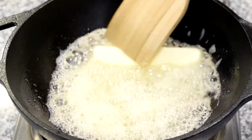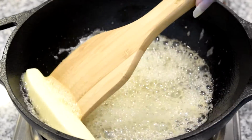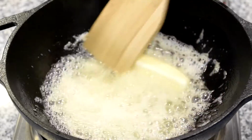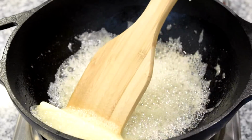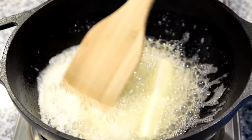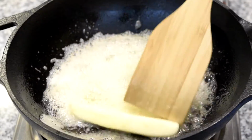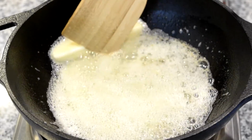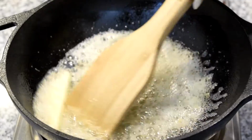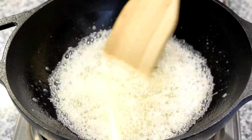One reason why I like cooking it in my wok is because it kind of holds the butter all in the center, which lets the food get a lot more sauce on it. So yeah, you see it doesn't take long to melt in this wok. So we're gonna go ahead and get that going. As soon as that butter